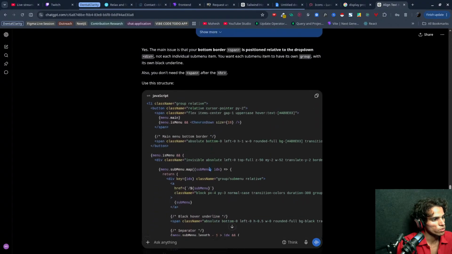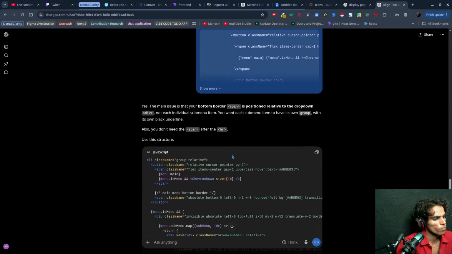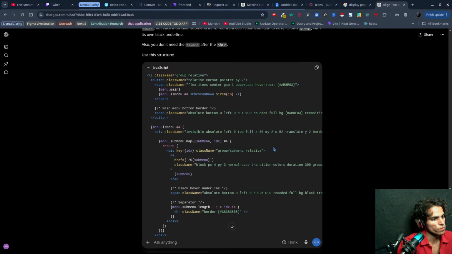Group submenu, group submenu. Okay, this is the main one. So we have written a group submenu relative, and inside this, what we are doing,